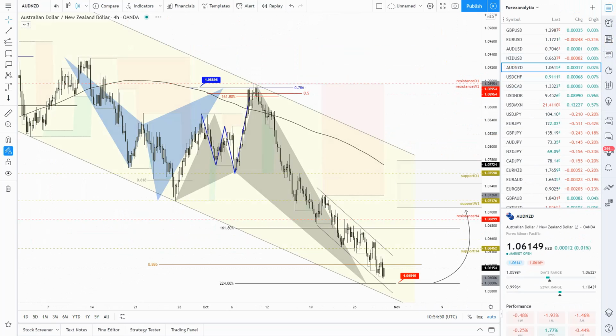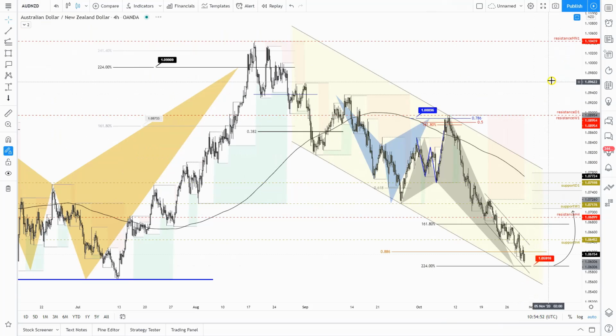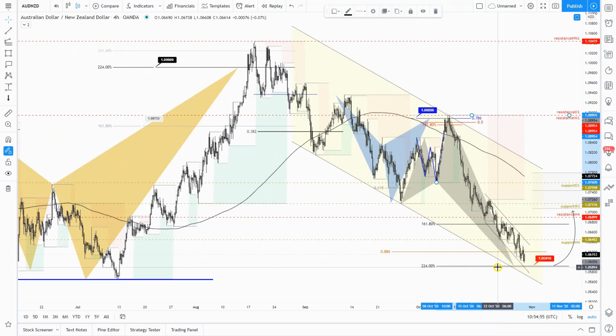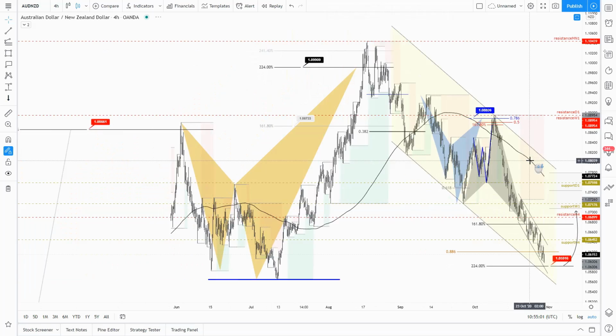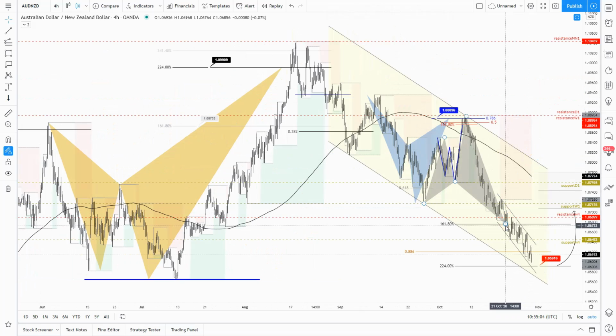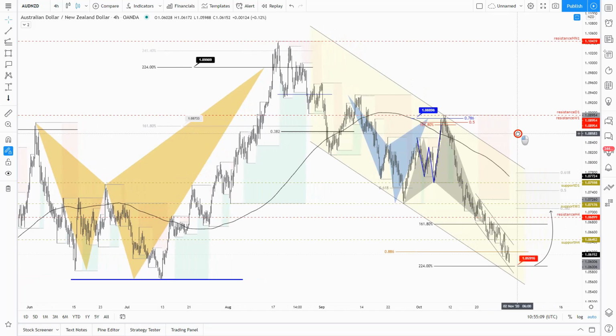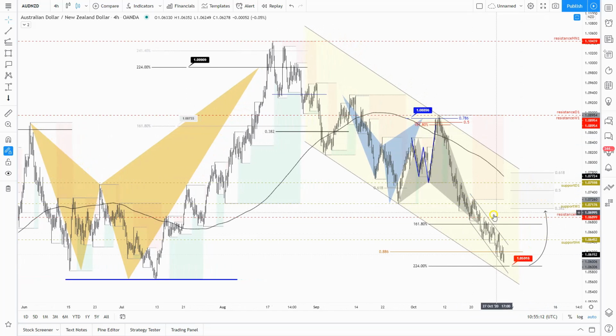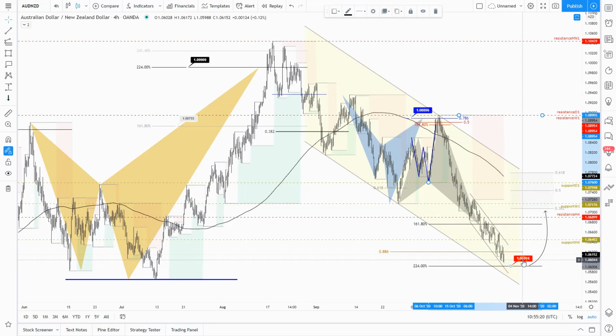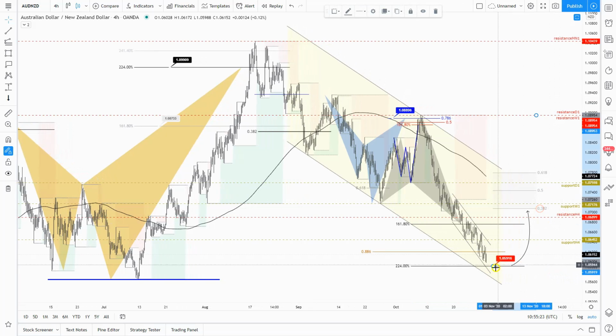More Australian dollar versus the New Zealand, also approaching the bullish shark pattern at 224. The market has failed the 168 extension right there. I saw that pattern formed at the 168 extension, a small pressure there, a few moments of indecision, and then the market has decided to sink again, and we are now inside this very small structure and approaching the 224% Fibonacci extension, 105.91. So from there we will expect another bounce, eventually the 38% fib or the default target for the pattern